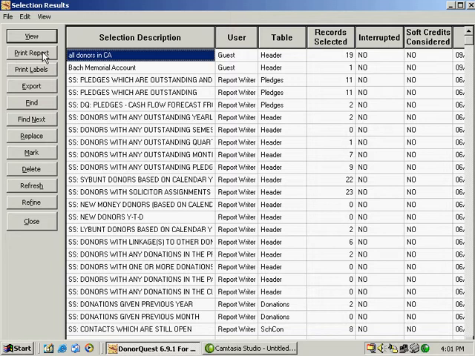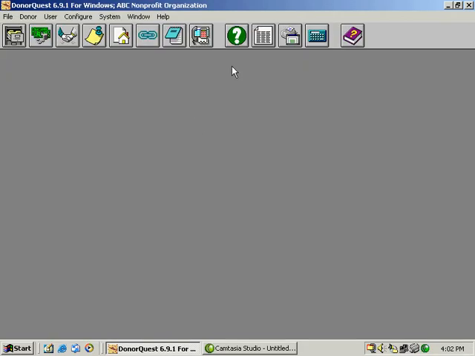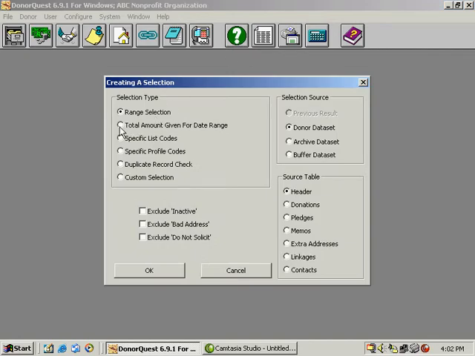Now we can also print reports, which we'll get into more later during this demonstration in the next chapter. We can also print labels right from DonorQuest, Avery 5160 or 5161. You can also create custom labels if you use a type other than those two. You can export the data to, for example, Excel or Word. And these other buttons are a little bit more advanced, so we really won't go into these too much more during this demonstration. So we're going to go on to the next type of selection, which is total amount given